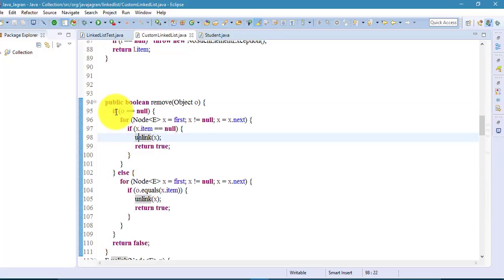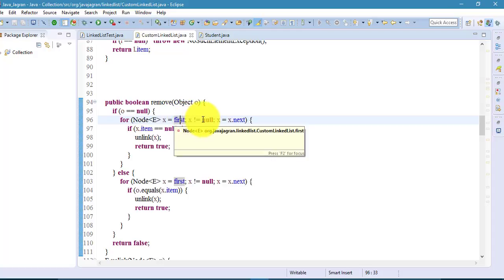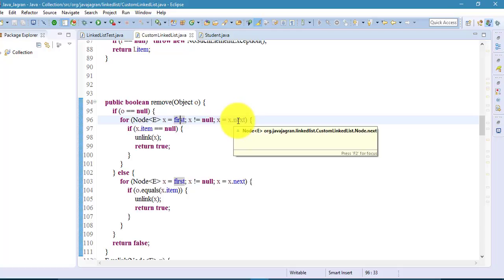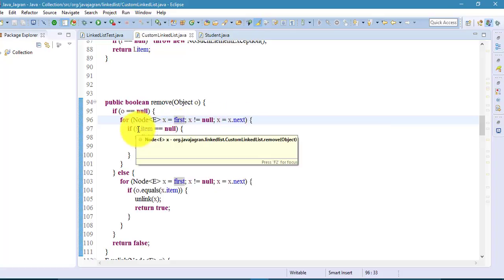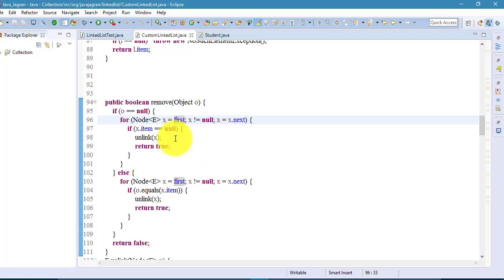So in the case of a null value, what it will do: I created one for loop. It will start pointing to the first node until x becomes null, keep on doing x equal to x.next. So it will keep on pointing to the next node, next node, next node. And in the middle of that, if anywhere I find item equal to null, if we are searching for null and anywhere we find the data is null for that node,